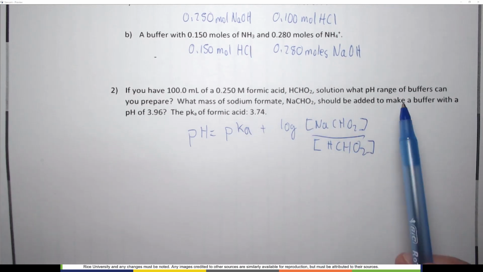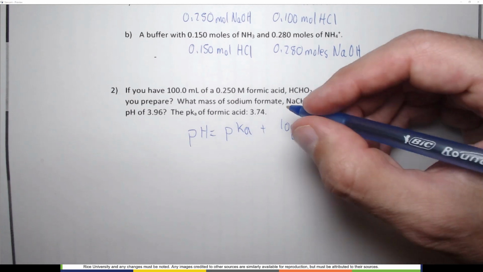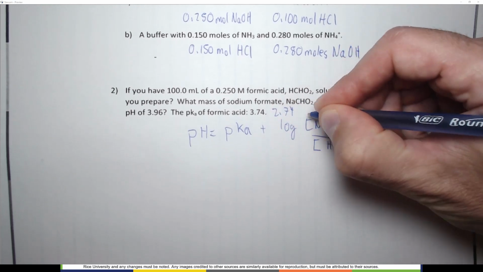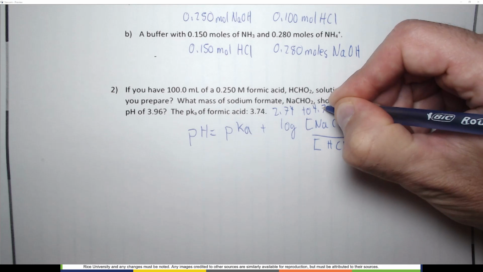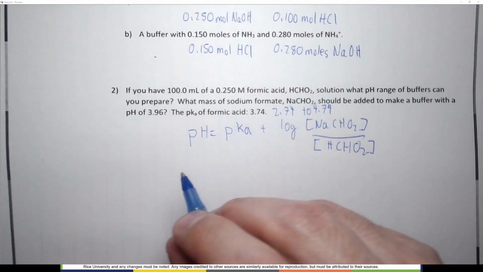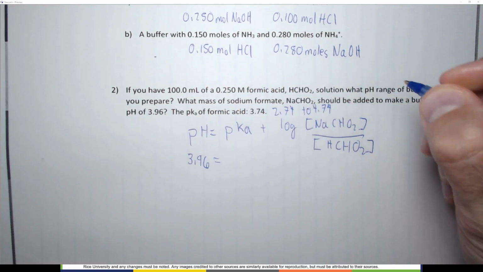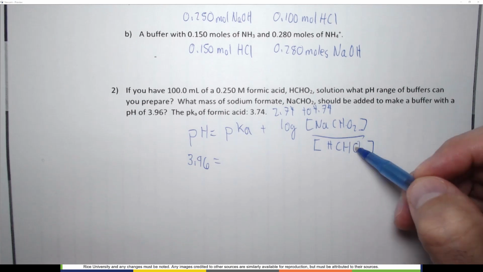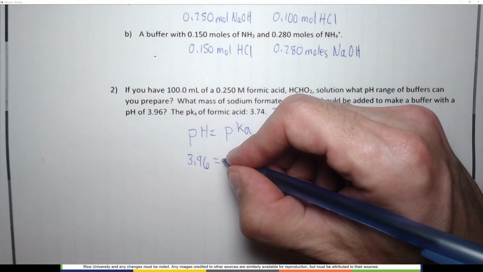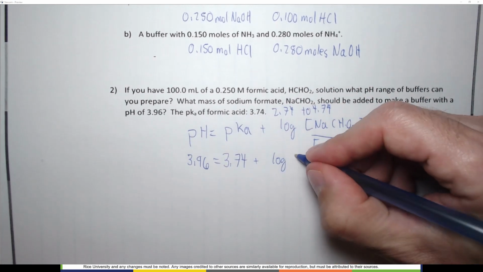But before we do that, I forgot that we didn't answer the first question. What is the pH range of buffers that we can make? Well, this is an easy question because it's plus or minus 1 from the pKa, so we can make 2.74 to 4.74, and 3.96 is right in that range. So the pH that we want is 3.96, which we already know means we're going to need more of the conjugate base than we have of the acid, because the pH is higher than the pKa. So the pKa is 3.74 plus log